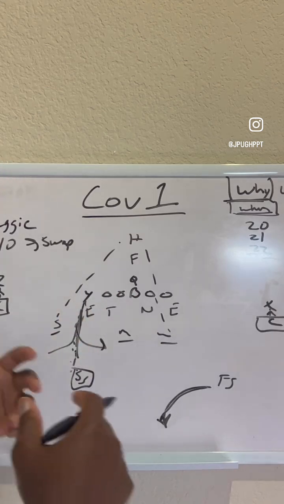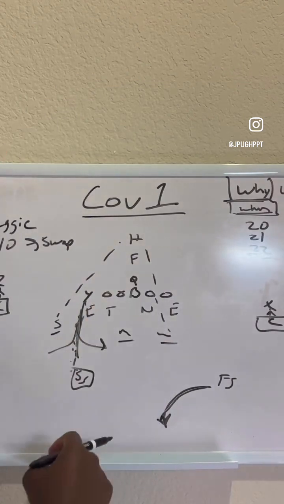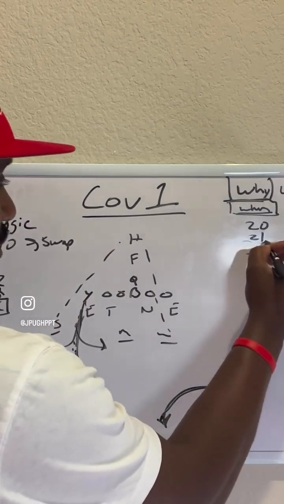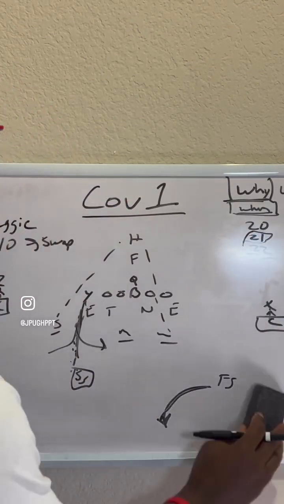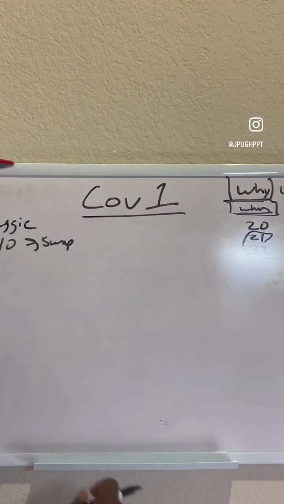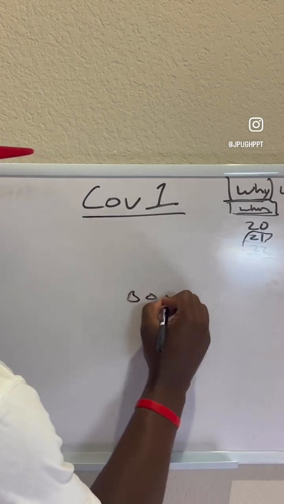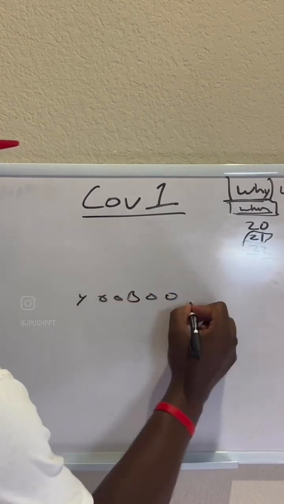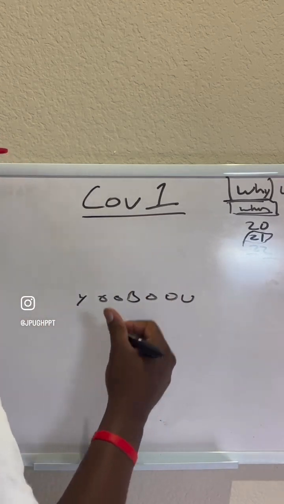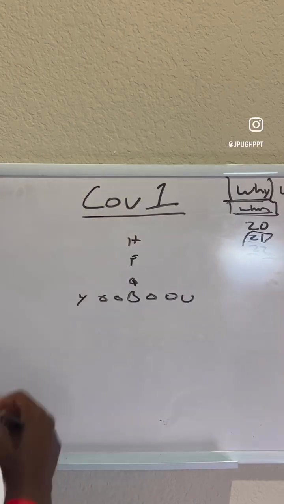So now when you look at the essence of cover one and how we want to be able to stop any type of particular threat in cover one, this is the breakdown. So now we ID 21 personnel. What if they come out in a 2 tight end set? Okay. So now if we're looking at a 2 tight end set in the cover one look, we're here, and mostly they call this 22 personnel. Okay. So say if they give us a 22 personnel look with 2 backs and 1 wide receiver, what you